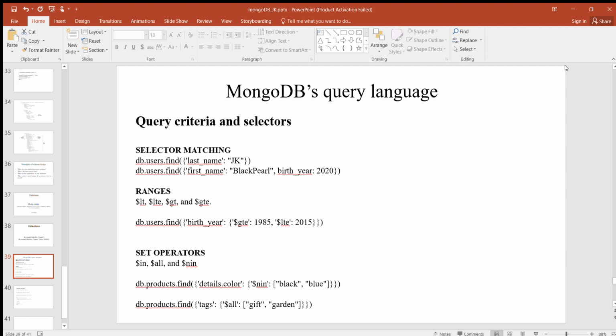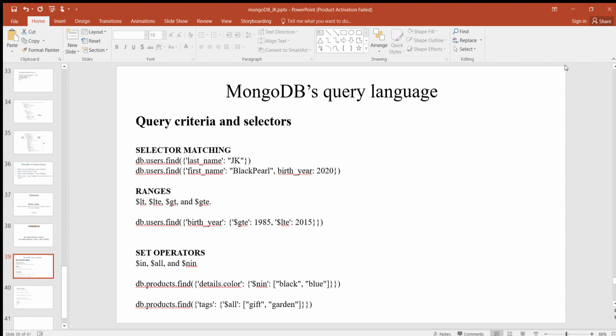With MongoDB you get the set of operators: $lt is less than, $lte less than or equal to, $gt greater than, $gte greater than or equal to. Now the query is db.users.find birth year greater than or equal to 1985 and less than or equal to 2050. It is a query for a range.